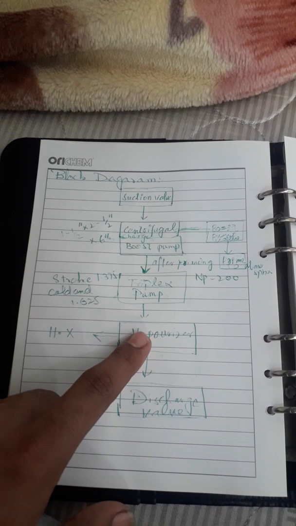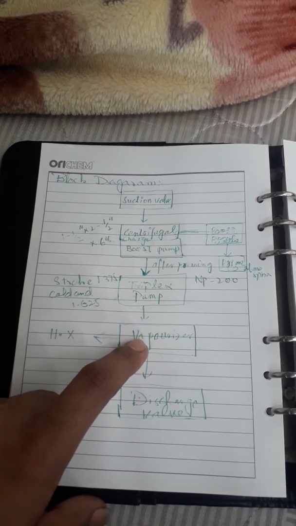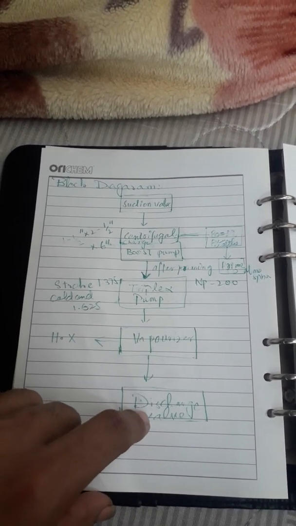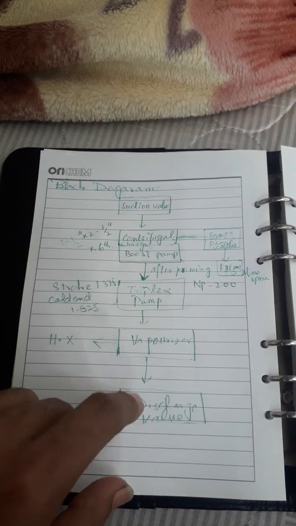And this then changes its phase to vapor. Then this will go to the discharge valve. This is the main valve here to